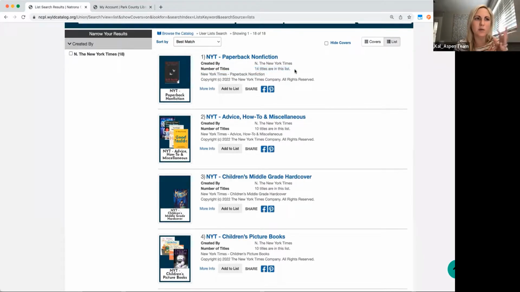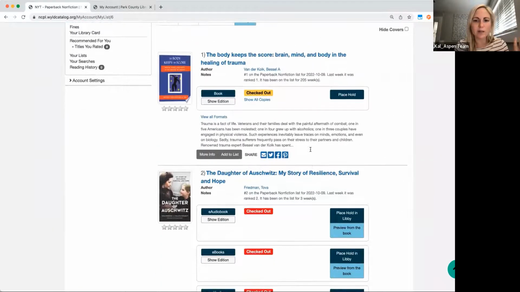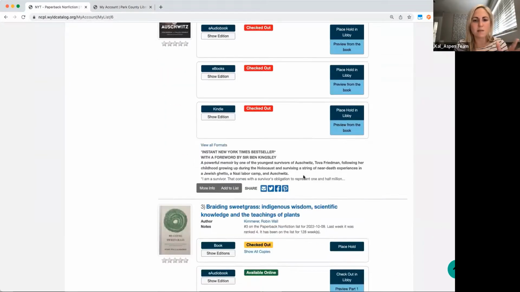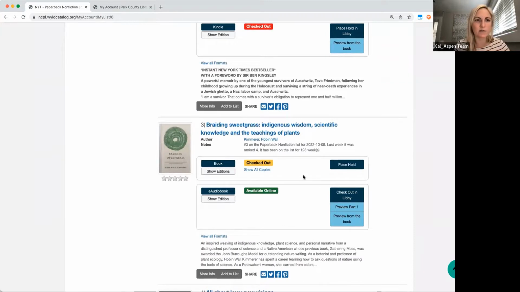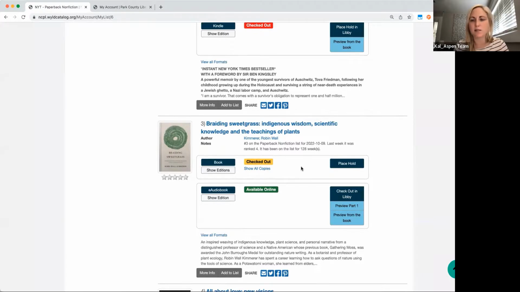If I were to go to the New York Times website, there might be 20 titles on this list. But what this is saying is that your library system, or this patron, has access to 14 titles. We're not going to show them things that they can't have access to, but they have access to 14 of those titles on this list. So they're able to go in, click into the list, get more information about its availability, whether they can access it on Libby, and things like that. This experience of the search interface and the grouping of formats carries through even in lists.